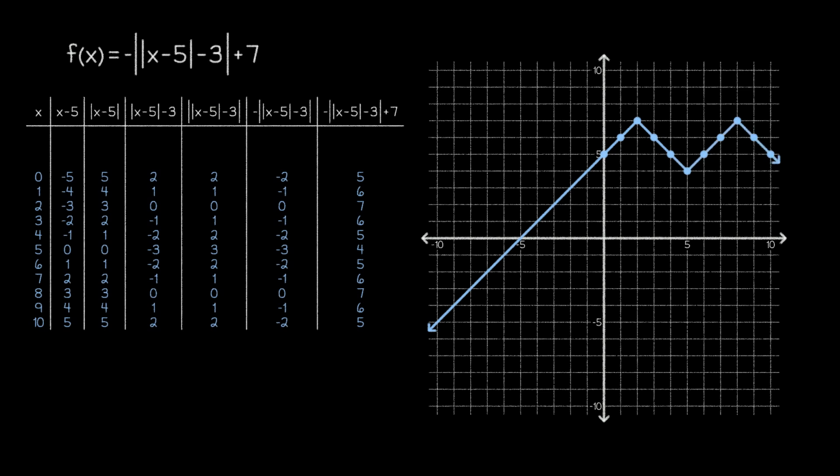The main point here is that the strategies we've been discussing about key points and the transformation format only apply when we have one core function involved, such as the absolute value, without any repetition. If we have more than one core function, or have a repeated core function, such as in this example, we'll have to try other strategies when graphing.